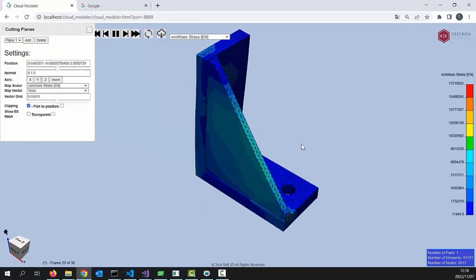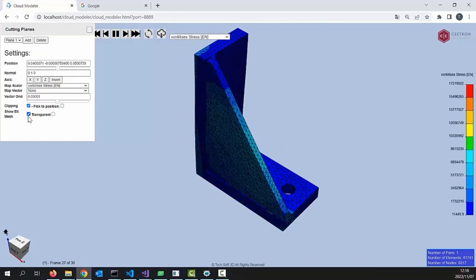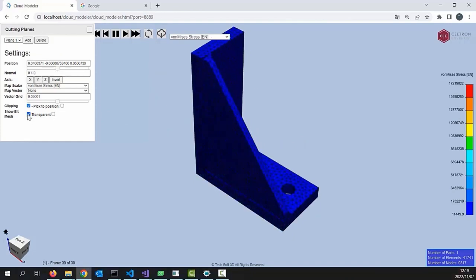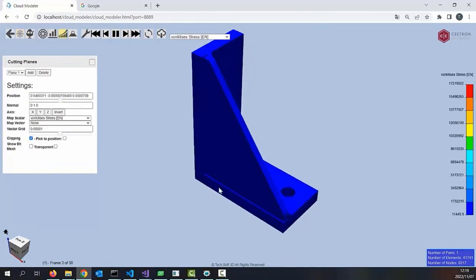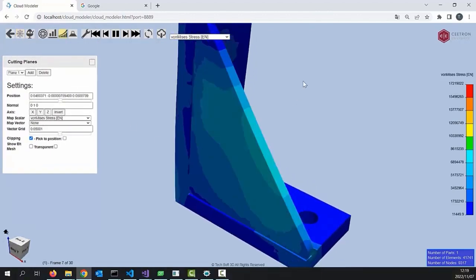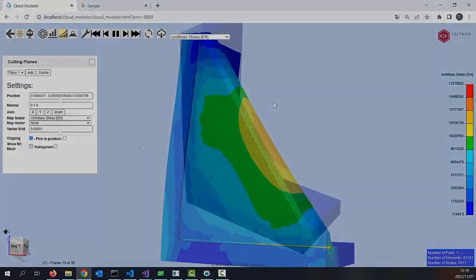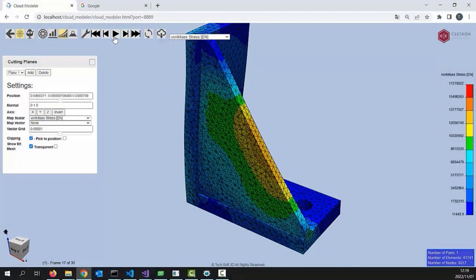Since Ctron Envision allows you to see the internal structure as the animation plays, engineers can gain a very detailed understanding of max stresses and how the part deforms over time by moving the position and direction of the cutting plane to the desired location. The animation can also be paused and run frame by frame to get a more precise look at how the